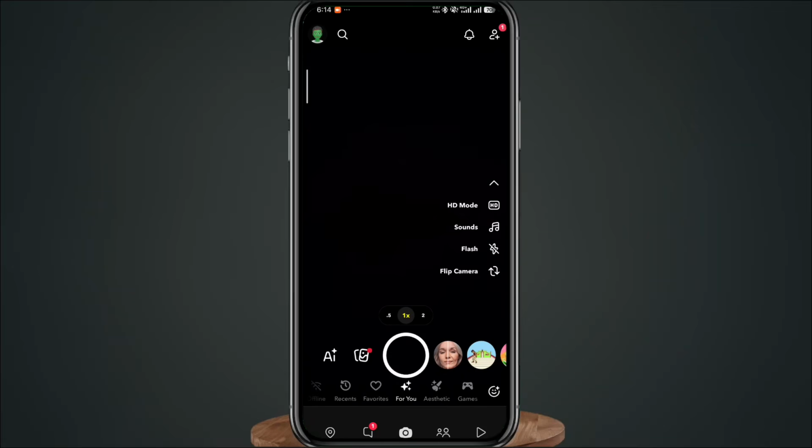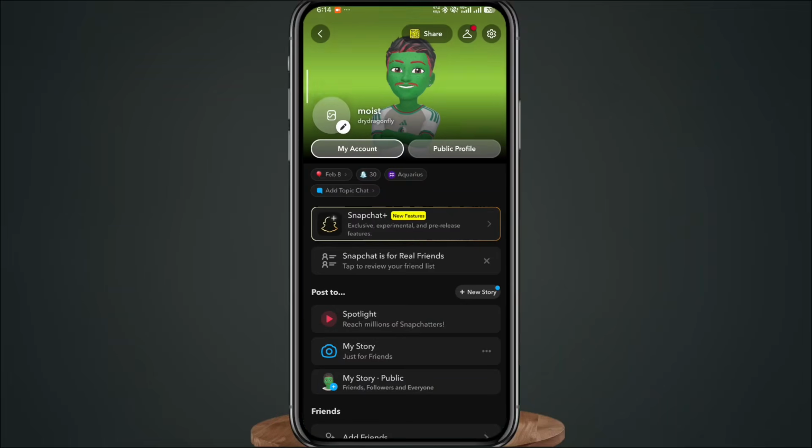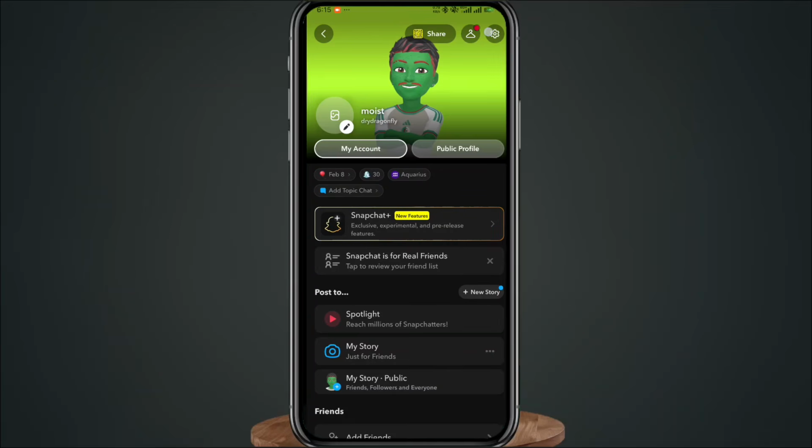Wait for it to load up just like that, and of course you have to be logged into your account. Once you log in, you need to go to your account or basically your profile. So you tap on your Bitmoji in the top left corner, and here we go from here. So what you need to do now is to go to settings. You tap on the gear icon that should be in the top right corner of your screen right there, and